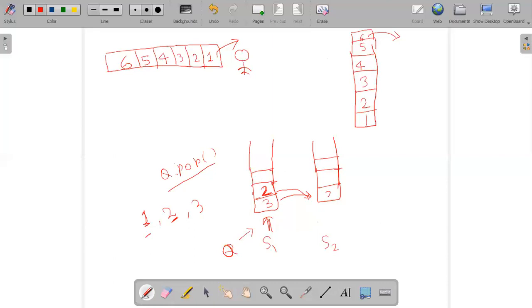I'll do 2 here, 3 here, 4 here, and this stack will become empty again. Once this is done, then again I'll move all the elements from here to here.